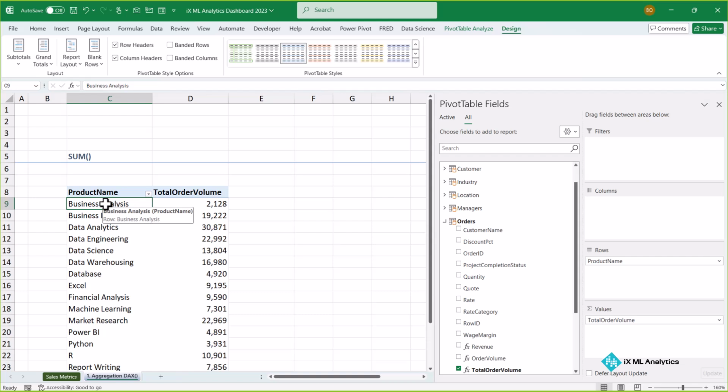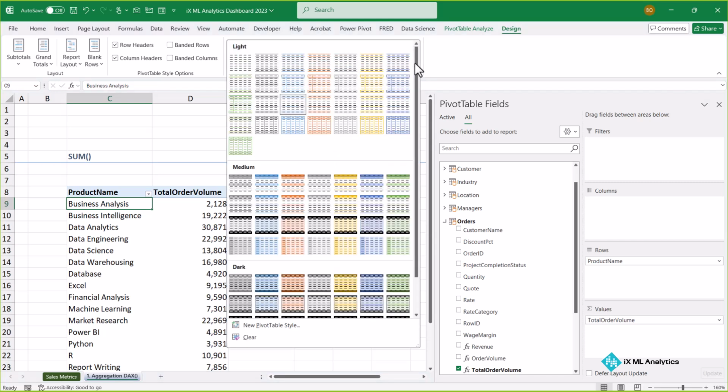The next housekeeping that we will do before we move to the next implementation is to change the pivot table style. So with business analysis active and then my design tab on the ribbon active, I'll move to pivot table styles. I'll open it up and then let me look for